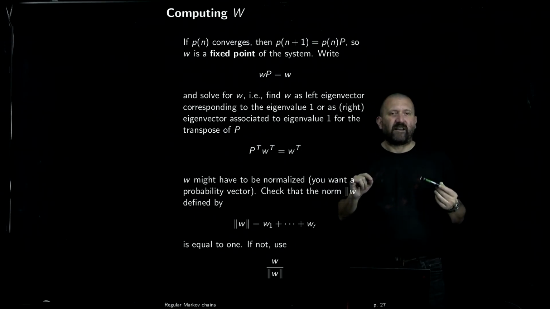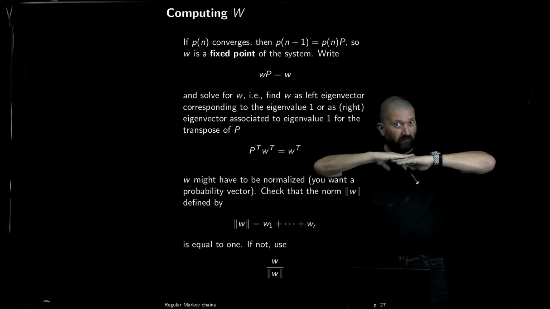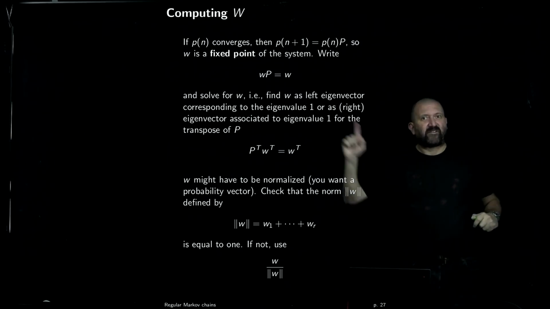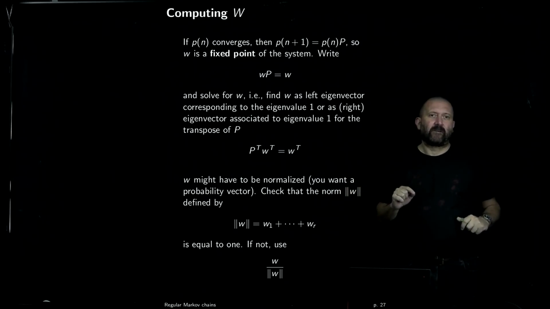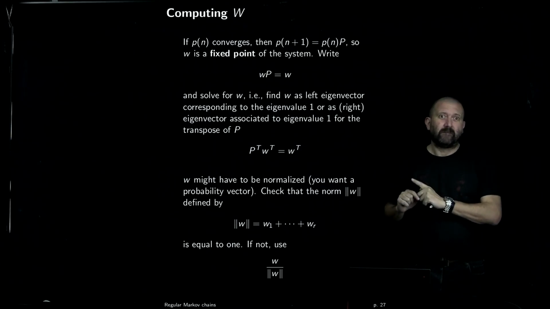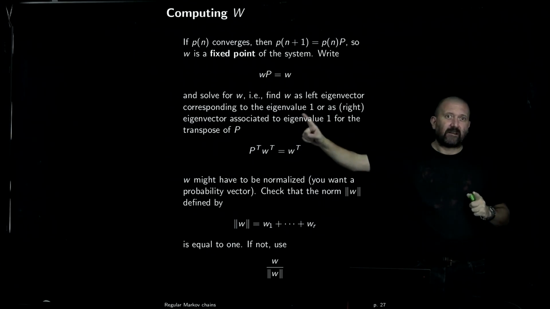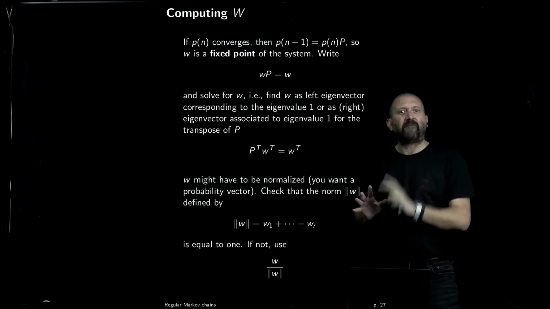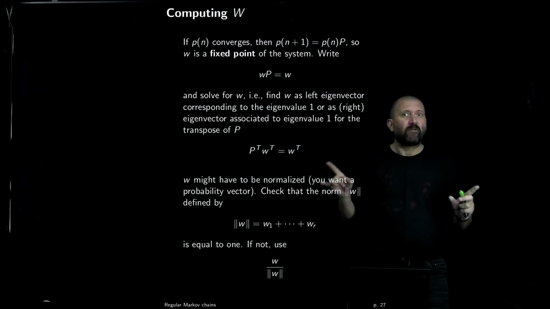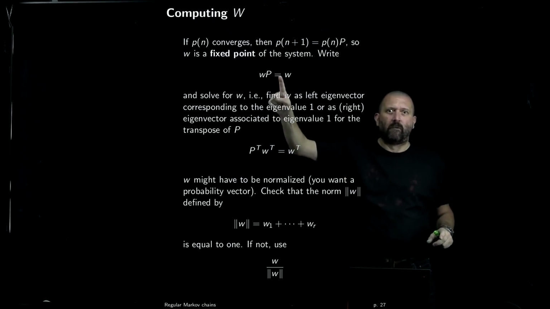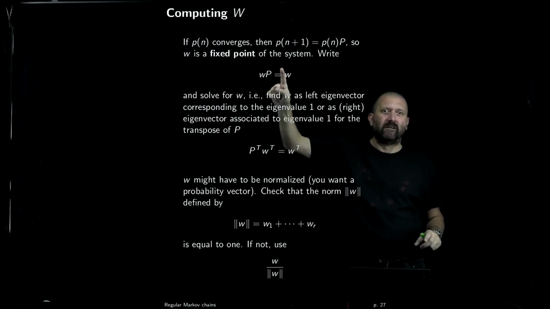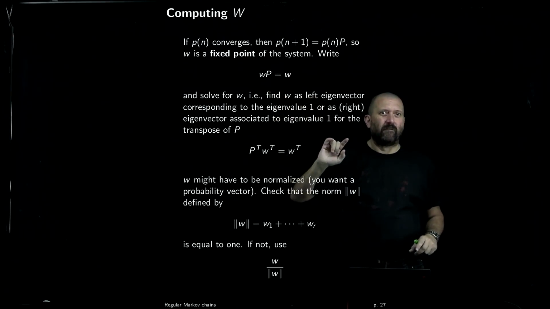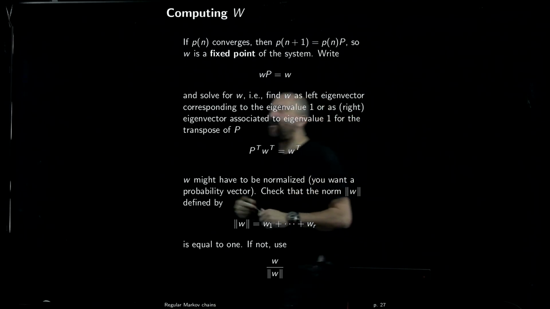That means, so W being a row vector, okay? This is a left eigenvector equation for P. What this is saying is the solution to my fixed point is a left eigenvector corresponding, of course, to the eigenvalue 1, because here what is missing is lambda. So the lambda that I have here is 1. So we already know,